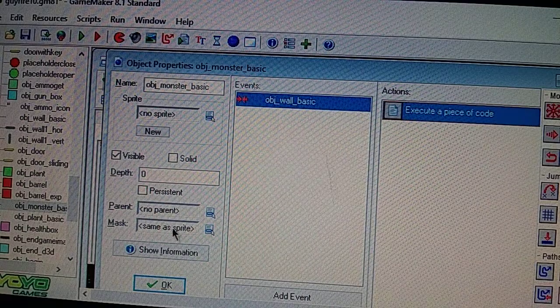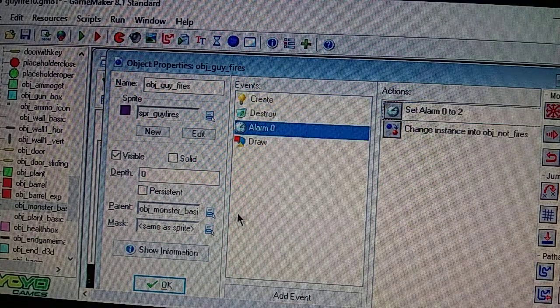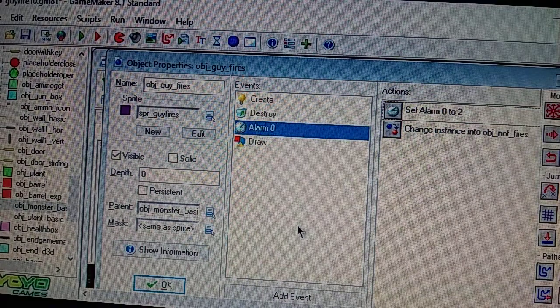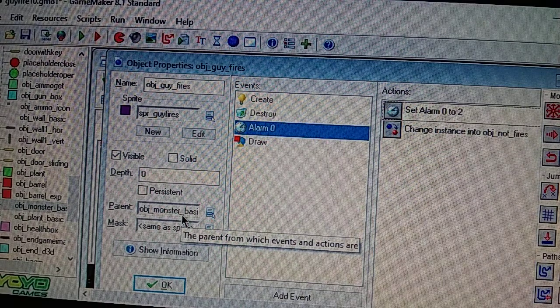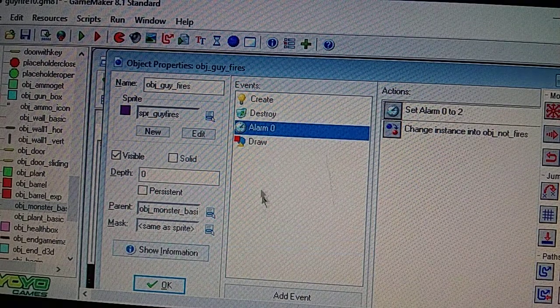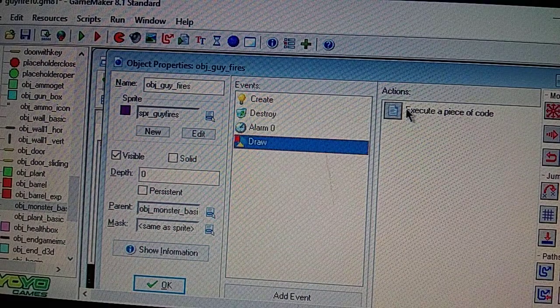So I probably didn't have to parent it to that monster basics, if you see what I'm talking about. But, you know, I just kind of went with the flow, keeping consistency, I suppose, so I just made that parented. Alright,